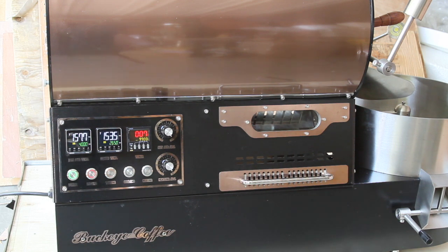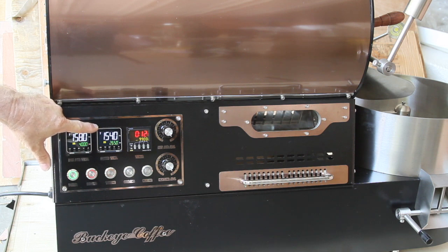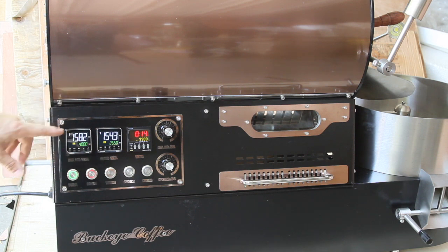And as in general, the same with coffee roasting, you're going to be focusing on the bean temperature, but you also want to keep tabs on the hot air temperature. And by the way, this has all the same features as our coffee roasters. You can do computer profiling. You have drum speed control,